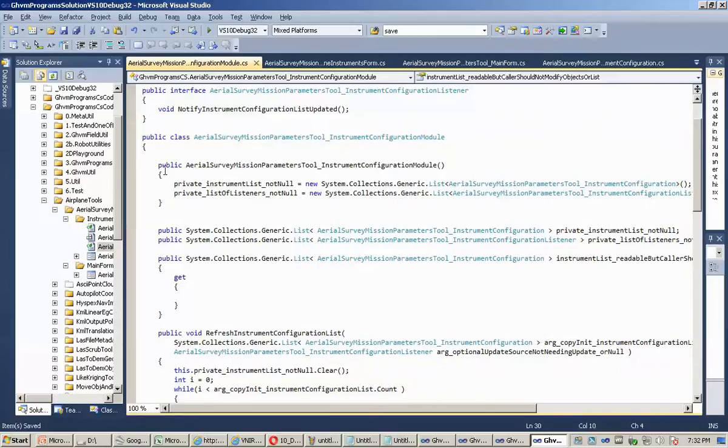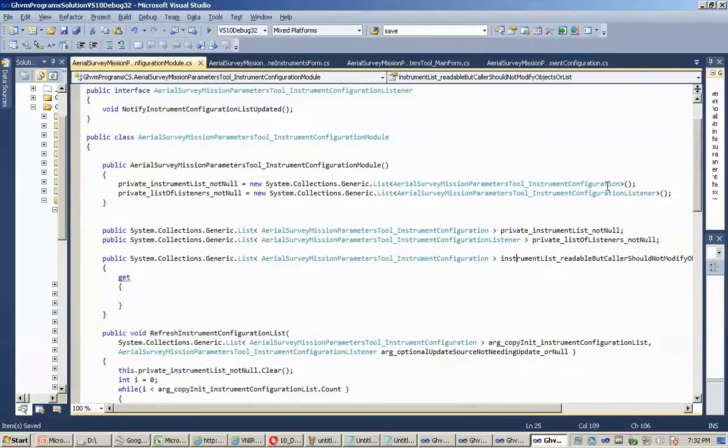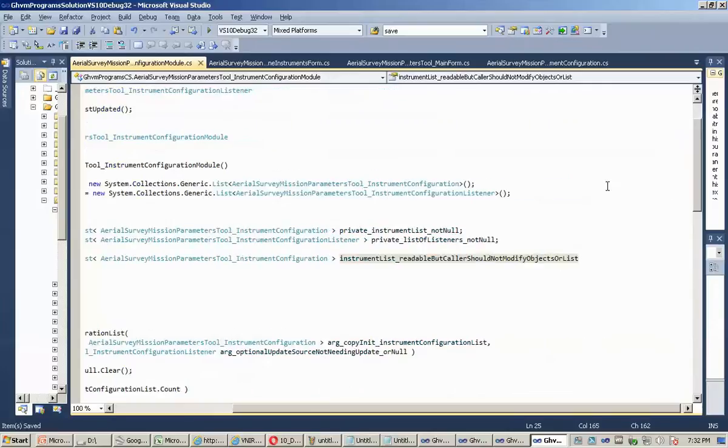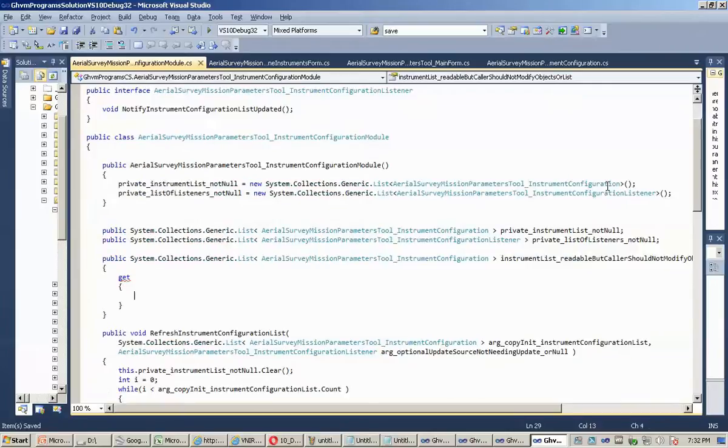So here we have a property that someone can call or read in order to get the list of instruments. And if we wanted to insulate ourselves from any potential bugs here, we could copy our private list and provide that to the caller. So we could say, for example,